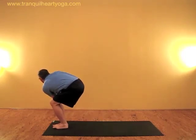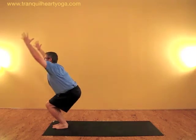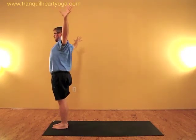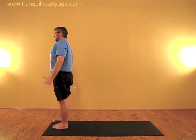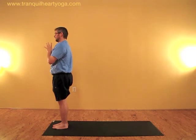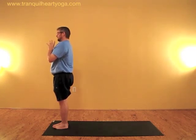Inhale into the chair pose. And exhale, reach up and away. Finding Tadasana, stabilizing the breath, and filling the body with